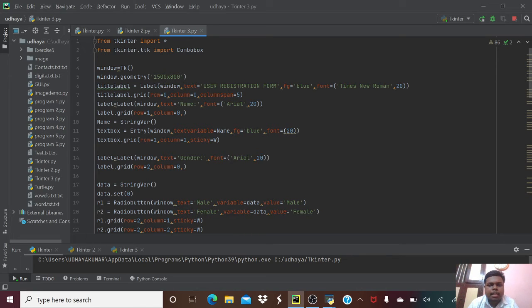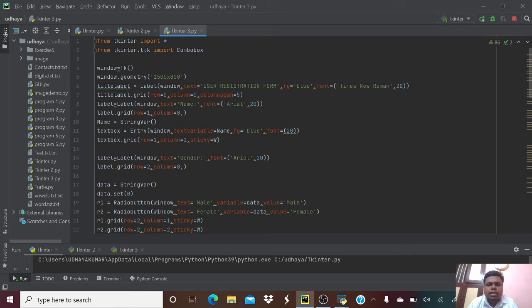In this title label 1 we are using a text as user registration form, and this user registration form is in blue color, and the font is Times New Roman, and its size is 20. We are using a grid function to set the user registration form in the correct position.